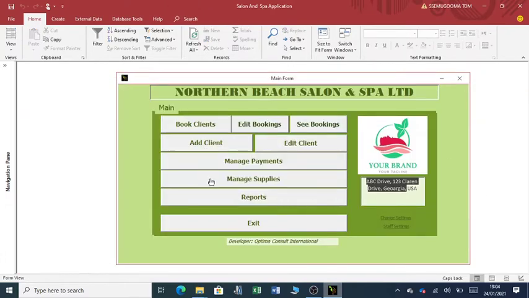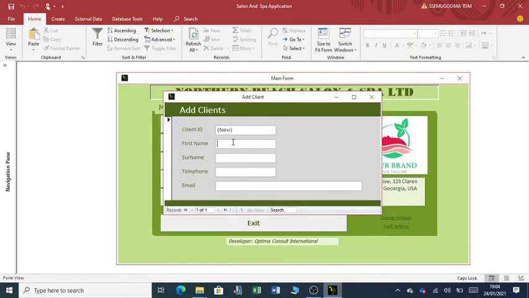So when a new client comes in, you just click add client. Assuming this client is called Jennifer Lois. Telephone number. Just assume any number. Put the right number, of course, for your customers. Then you put the email here,